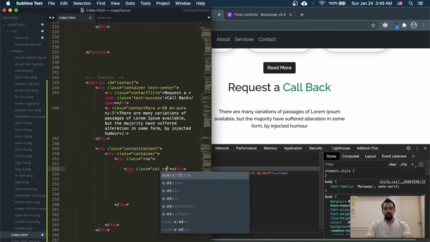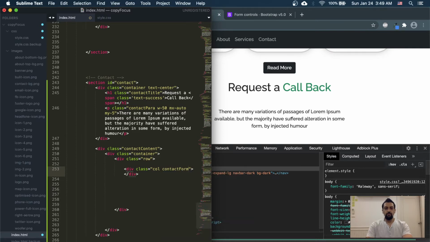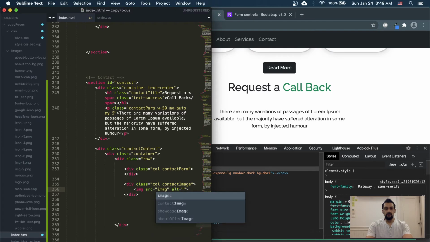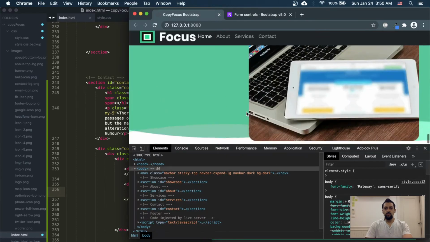contact form และข้างล่างมี div col contact image. So first we can start with the image and I can just say image and we can say images/img2.png แล้วก็เราควรเห็นว่าดูอย่างไรครับ